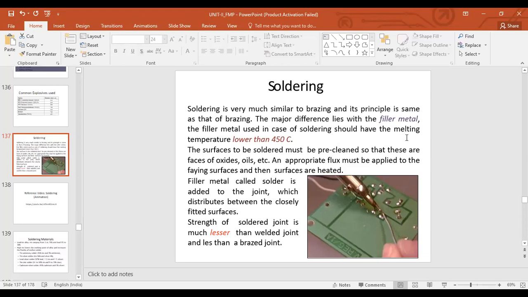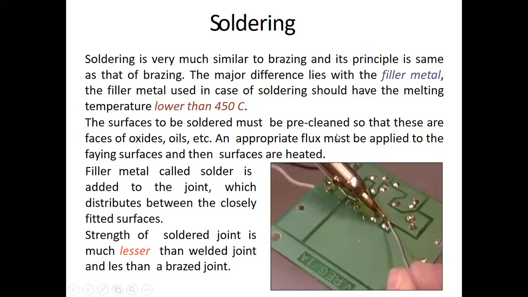That's one major difference we can say. That the filler metal, you see here on the right side, that should have, if the filler metal we are trying to use has a melting temperature lower than 450 degrees centigrade, then